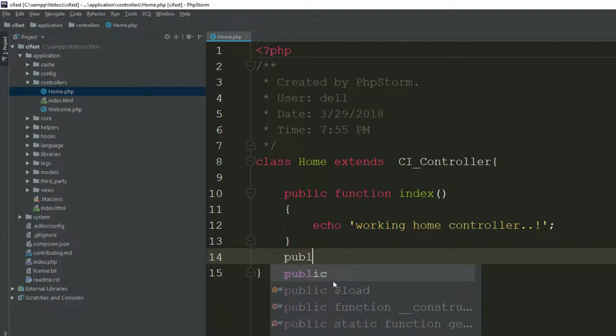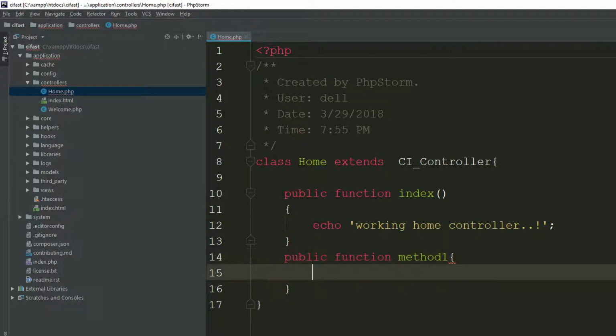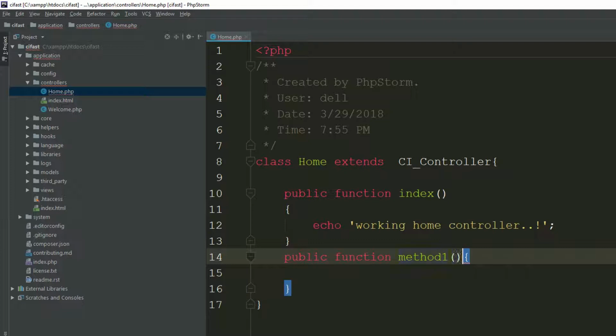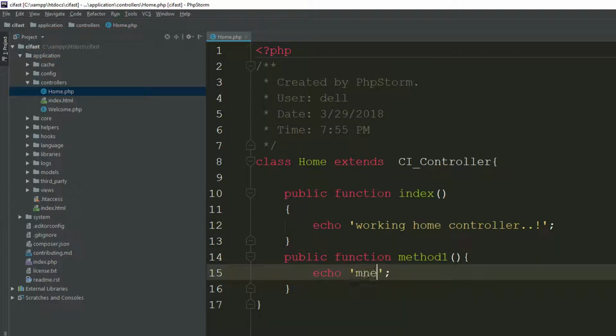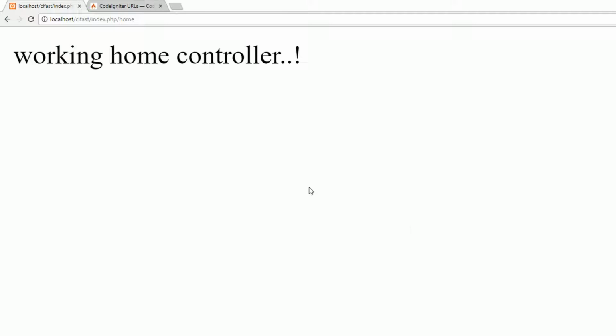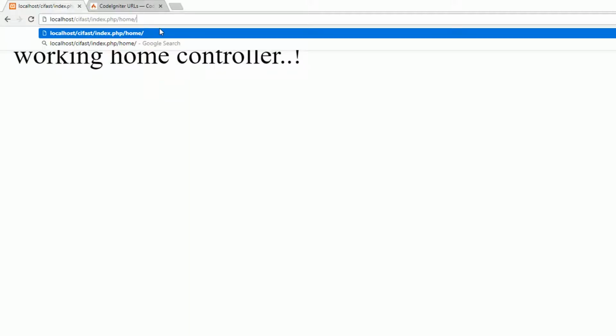Suppose you have another method function, and I'm calling it method1, and it's not receiving any parameter. So when you call this method and refresh the page, in the second parameter, for suppose your class,